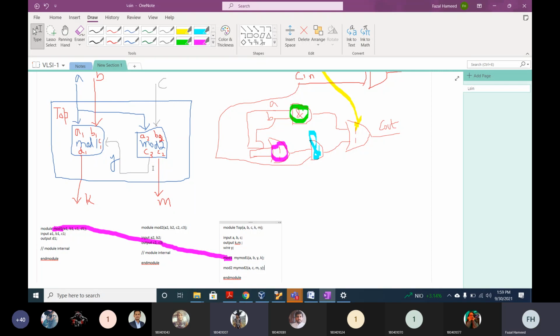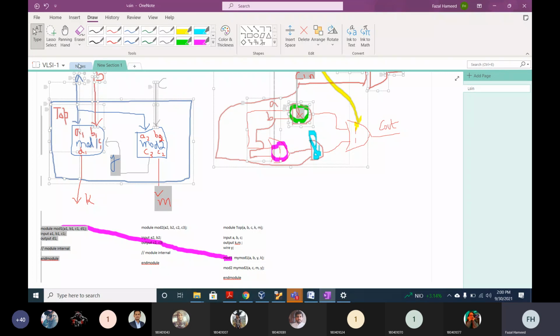No. Verilog is a concurrent language. If you put it on the top or bottom, the output will be the same. Okay. We will study this later on. That Verilog is a concurrent language, and we will study the features of Verilog in more detail later. If we change the order, the output will be the same.